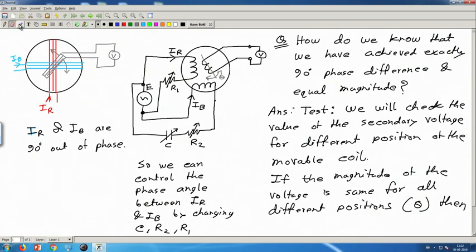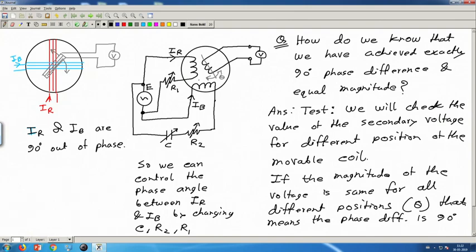so that means the desired magnitude of these two coils and the desired phase angle between them is achieved. Okay, so that means the phase angle or phase difference is 90 degree. And they have, of course, required